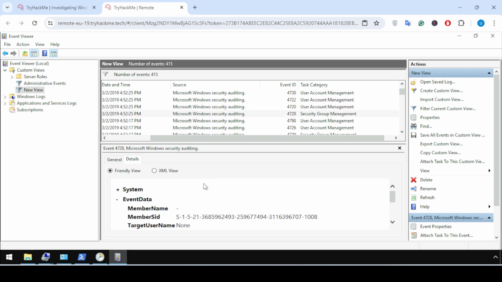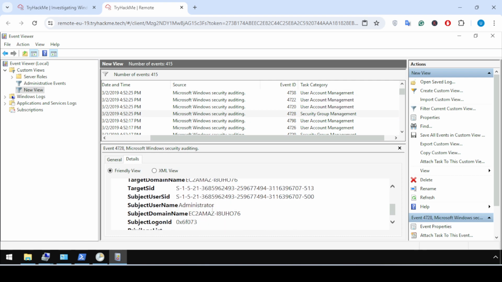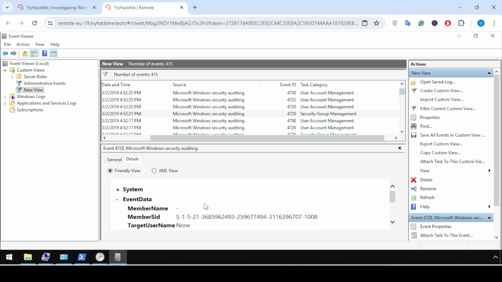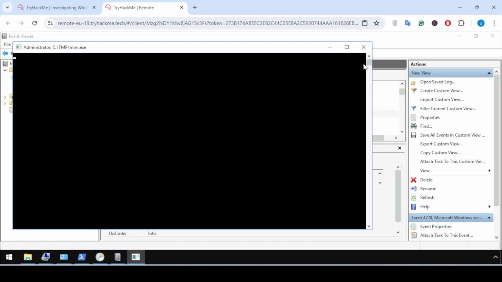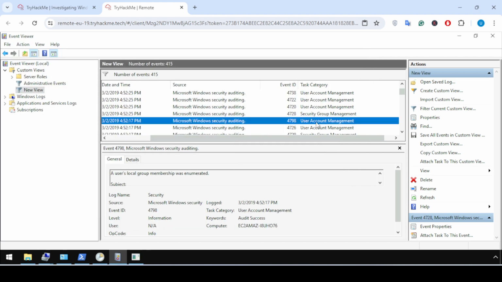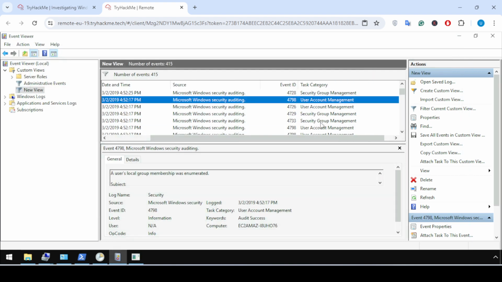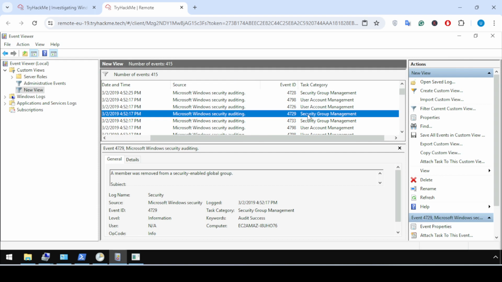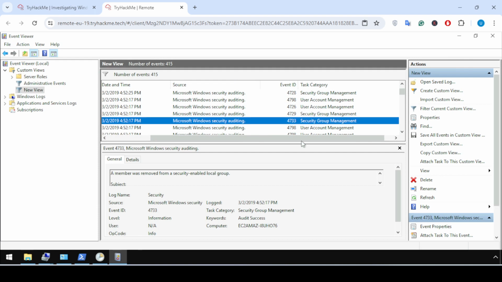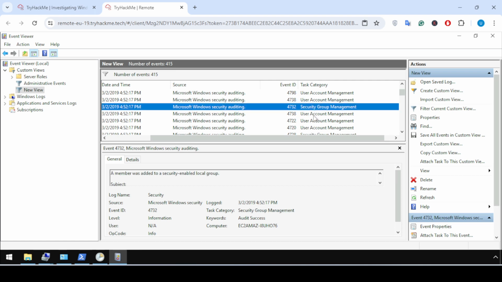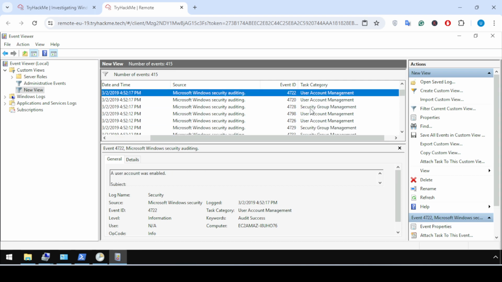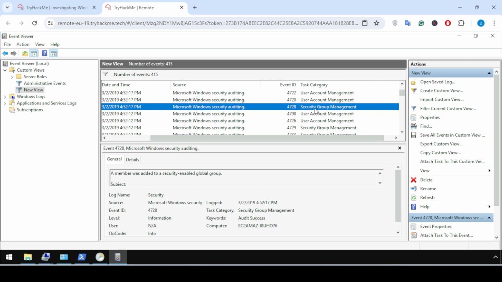If I go further into its detail, if we scroll down, security group management, again and again checking by this task, that is security group management.